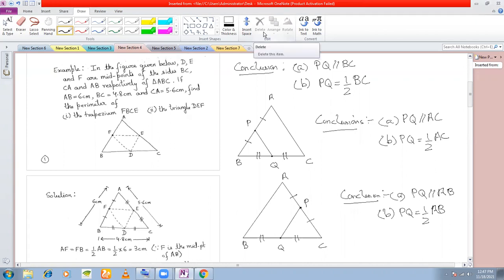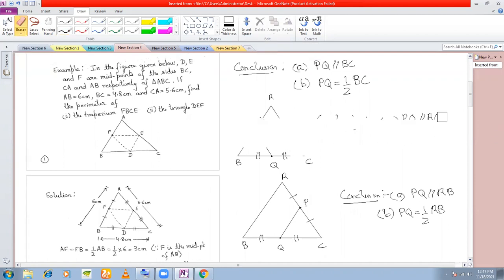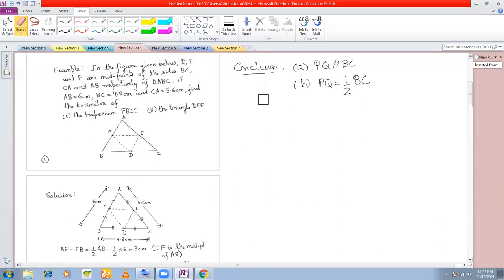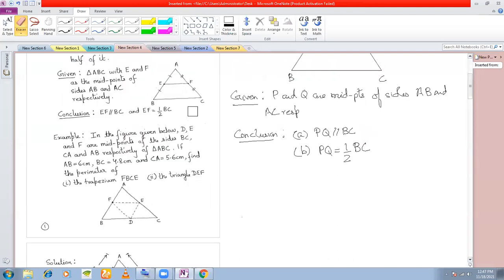Now we'll discuss one problem based on the midpoint theorem, and then we'll move on to the converse. Now, what do you mean by converse of a theorem? Can you tell me? We just interchange these two. That is, the conclusion becomes the given. If this is given to you, then can you conclude this? So converse is just that, but we will come to the converse after this example.